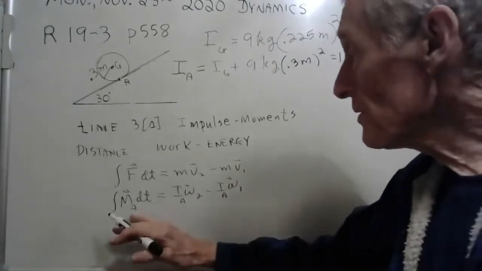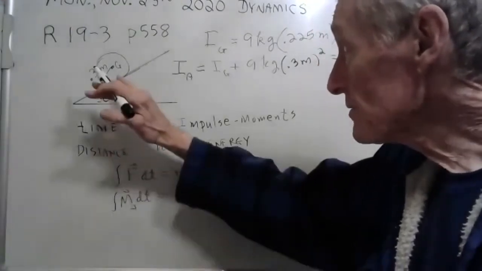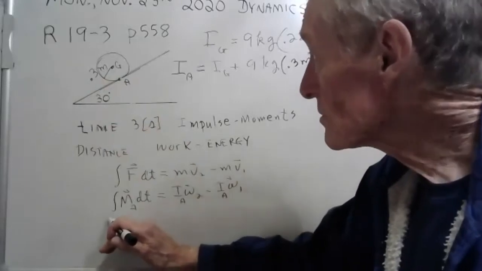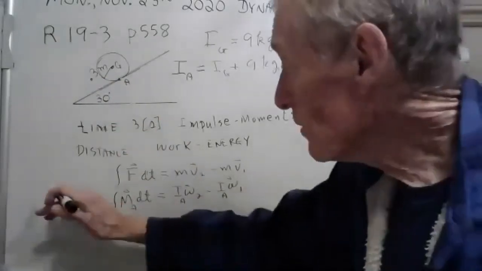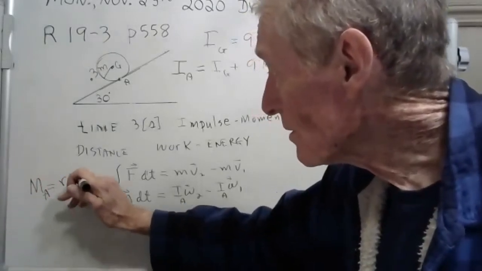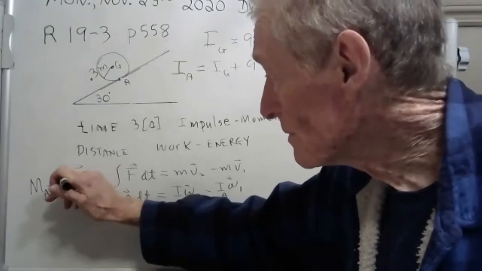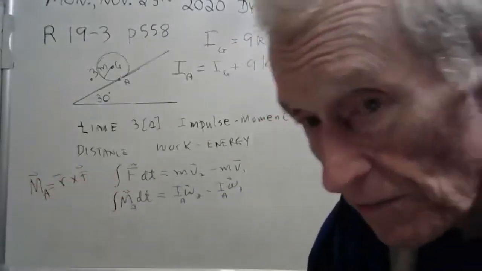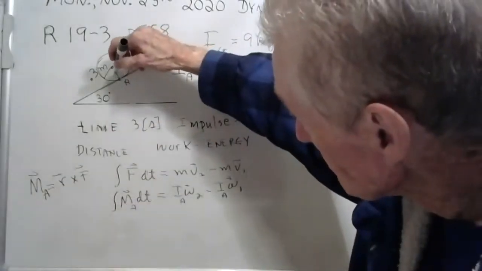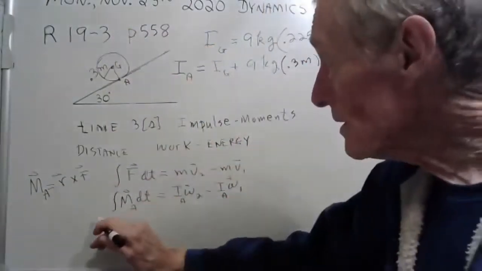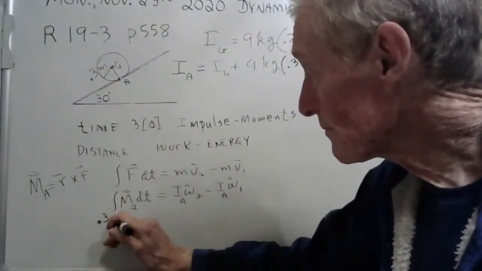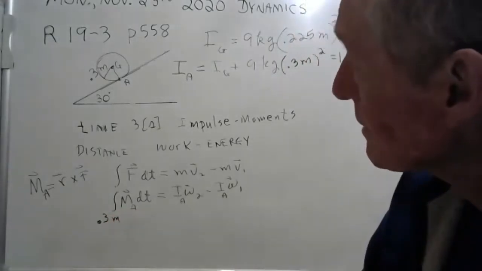Now, the moment acting on this tire wheel here about A is, well, you know what moments are? Moments are R cross F. You guys know that. Well, see the R there, there's the R, see it? Yeah, there it is. It's 0.3 meters. And then the F,